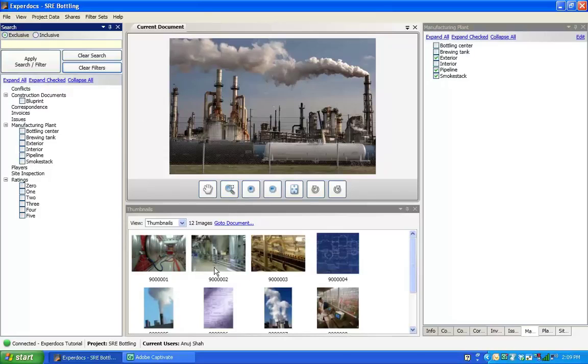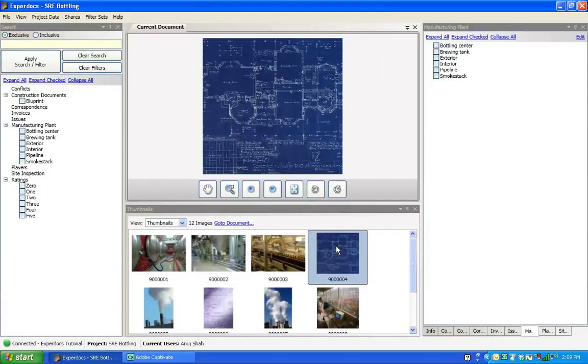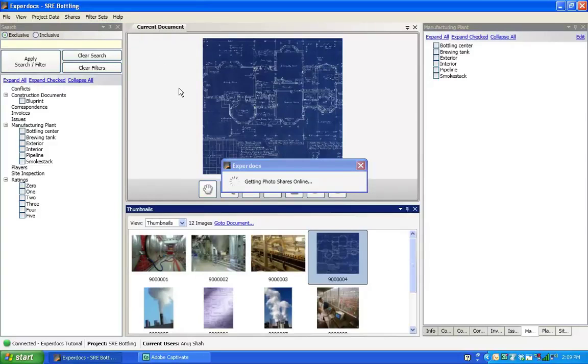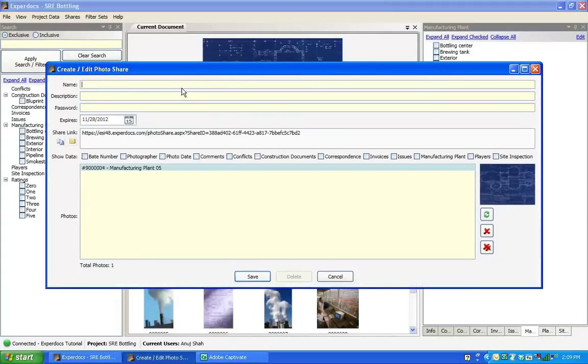Why don't I show you now how to share your documents? So we'll select a document or documents that we wish to share, move our mouse up to the top, click on Shares, scroll down to Share Selected Documents Online, and you'll see a pop-up up here where you can give your file share name. So I will give this a name of